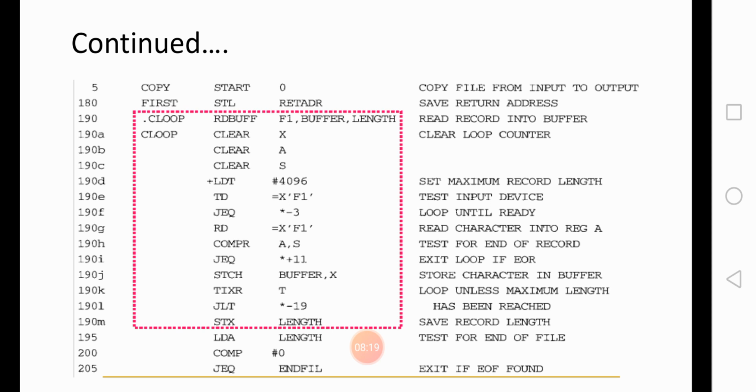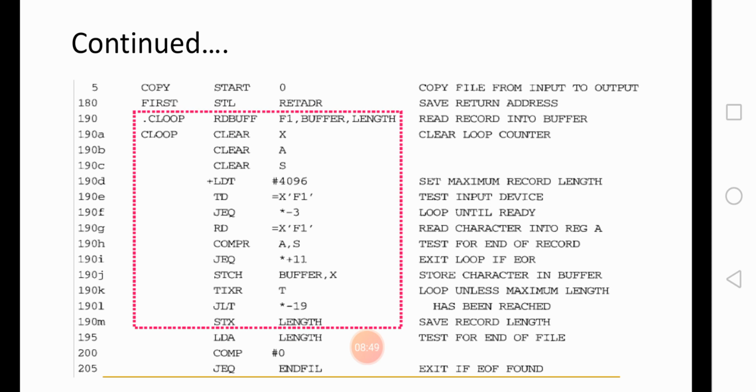In this figure we neglected the macro instructions and definitions because they are deleted; there is no use in representing those macro instructions and definitions in this particular program, and for that reason we deleted them.